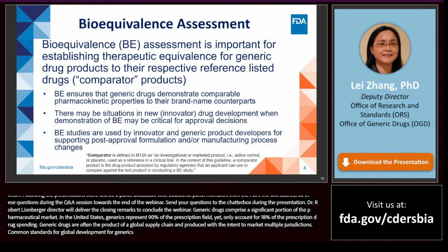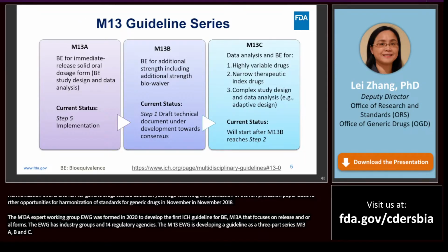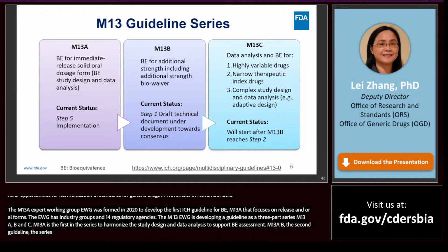As we delve deeper, the M13 harmonization process comprises 5 critical steps: consensus building, endorsement, regulatory consultation, final guideline adoption, and implementation. Each of these steps ensures a thorough and meticulous development and acceptance of the guidelines. The final M13A guidance is organized into 5 distinct sections, which include general principles and specific topics. Its purpose is to clarify the requirements for bioequivalence studies, with a strong emphasis on design and analysis across different